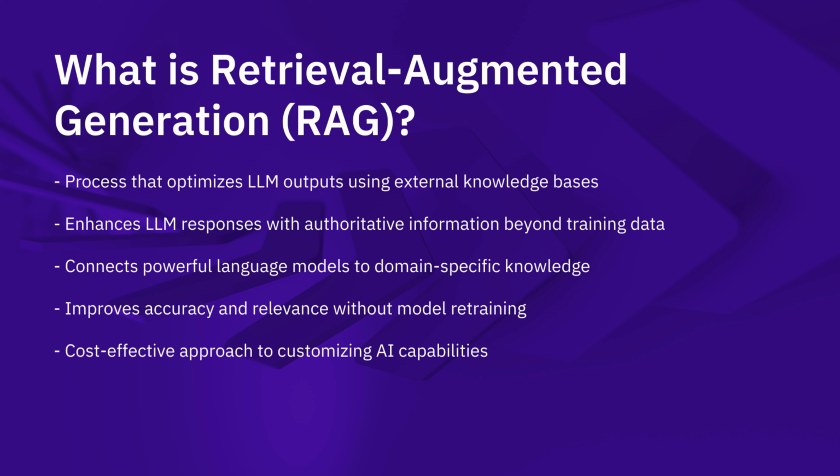Large language models like GPT-4, Claude, or Llama are incredibly powerful tools. They've been trained on vast amounts of public data up to their cutoff date. However, RAG takes these capabilities further by enhancing responses with authoritative, up to date information from sources you trust. This means the model can reference your company documentation, specialized databases, or recent information that wasn't part of its original